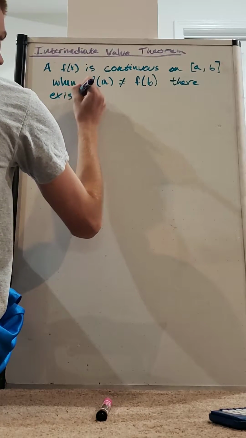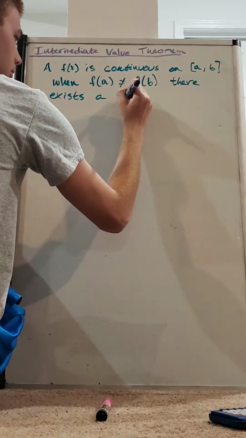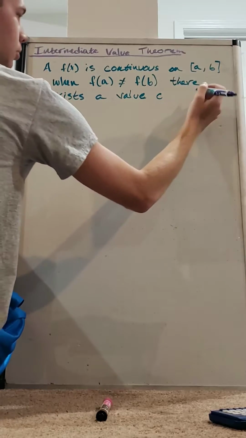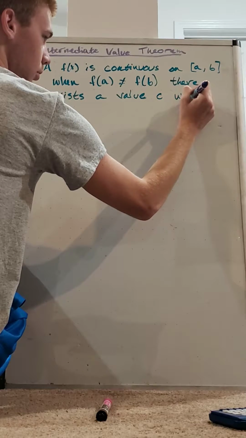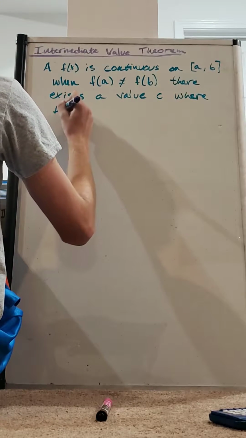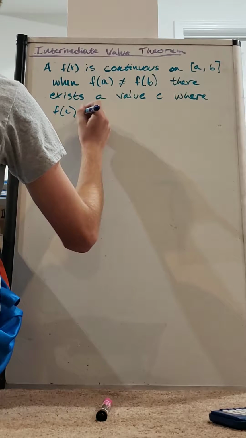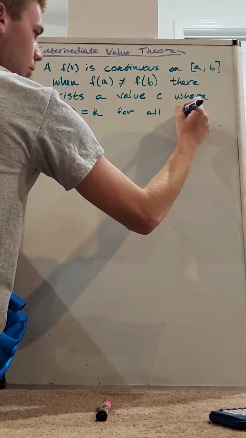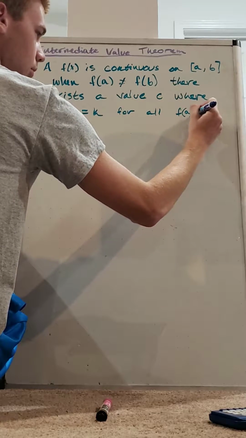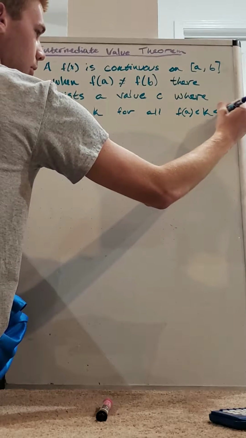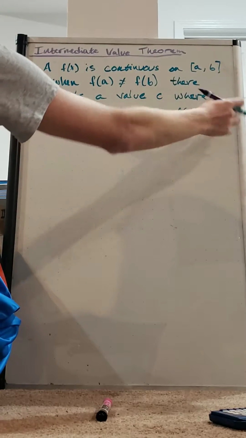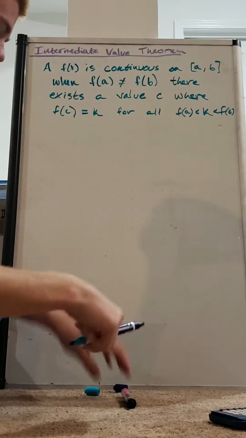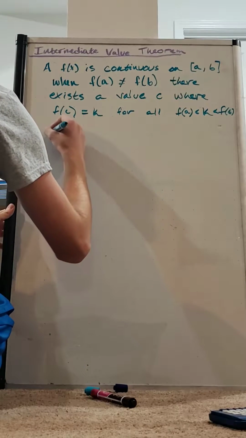there exists a value of c where f of c equals k for all k in between f of a and f of b. So what that means is, when you're looking at a graph, right, you have